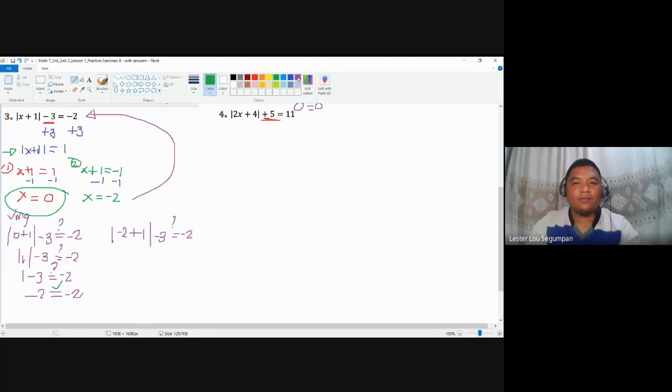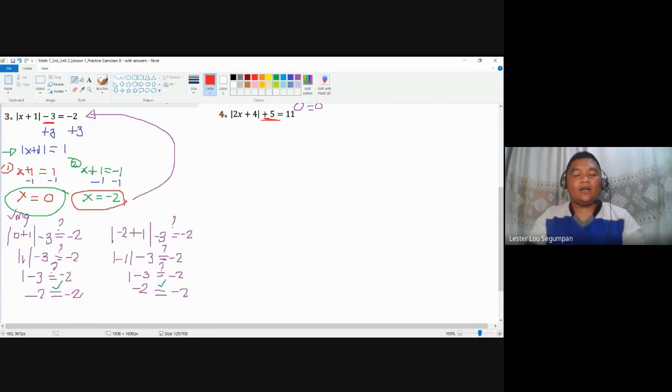And then for checking number 2, negative 2 plus 1 is negative 1, minus 3, question mark, negative 2. The absolute value of negative 1 is positive 1, minus 3, question mark, negative 2. 1 minus 3 is negative 2. The other side is already a negative 2. This is already balanced. Therefore, this value, negative 2 for x, is also acceptable as a solution. This is the time that our solution set shall become a set containing 0 and negative 2, or